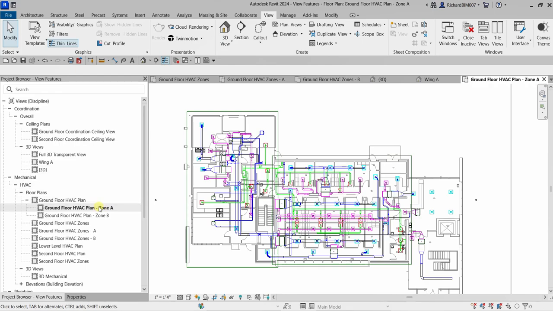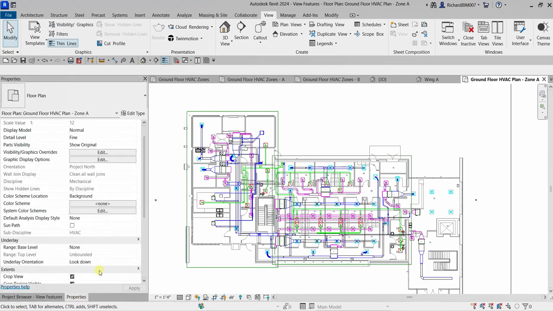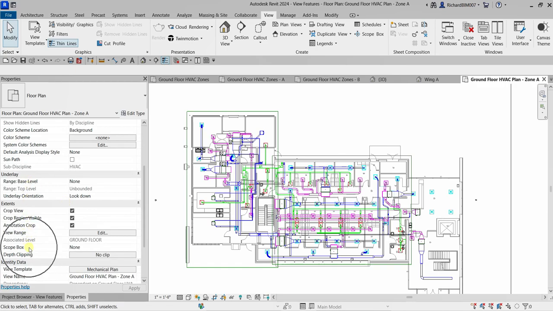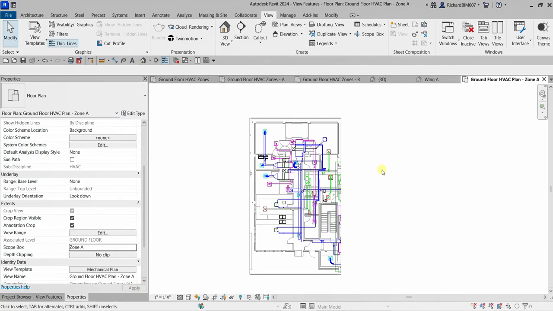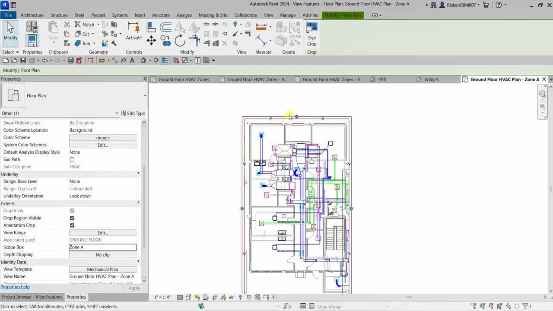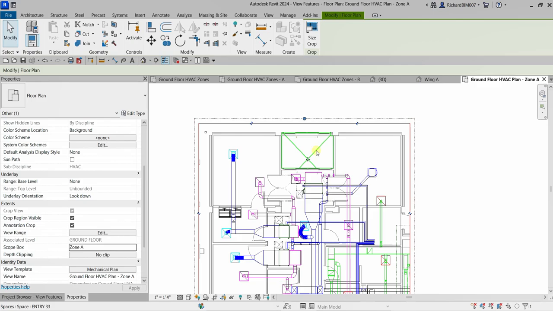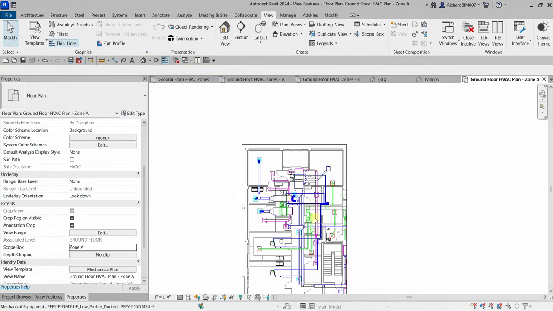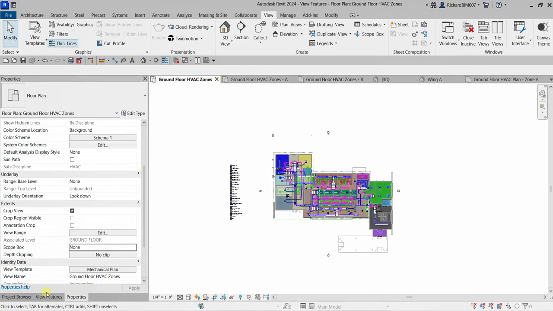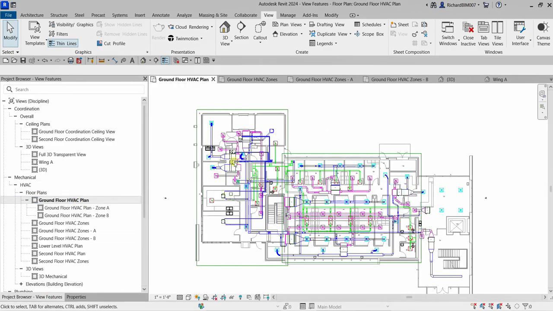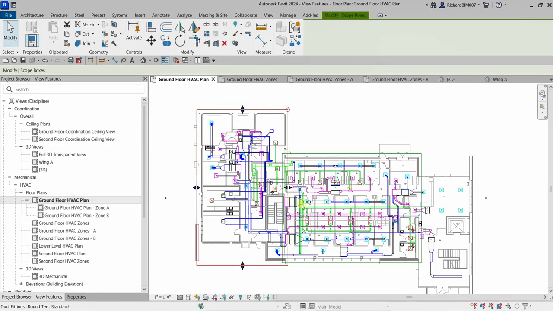Okay, so for the zone A, I'll go to the properties, and then I'll look for scope box, this one. As you can see, it says none. So I'm going to change that to zone A, and then apply, and there you go. Okay. So you need to adjust your scope box if you want to edit the boundary of your zone A here, for example. So if I go to the ground floor, where's the parent view? This one. Here's the parent view. So I can click the parent view, and then I can adjust the scope box. So if I change this, it will also update the